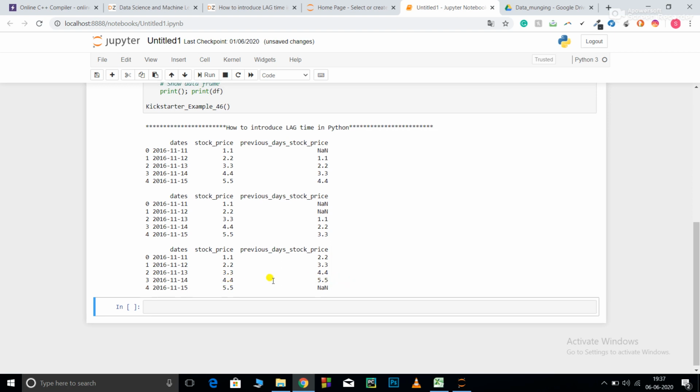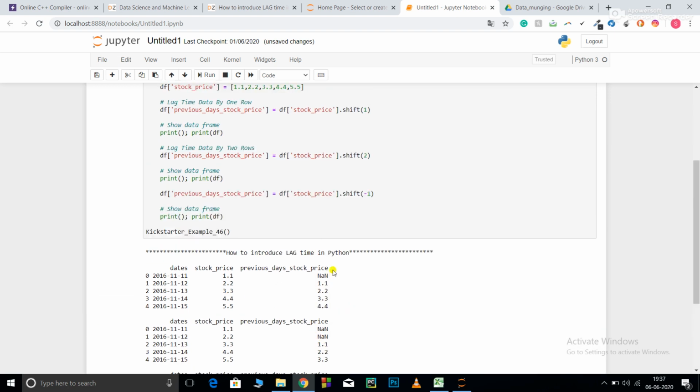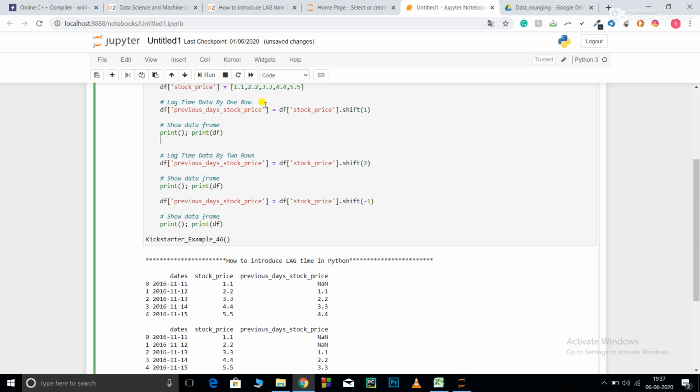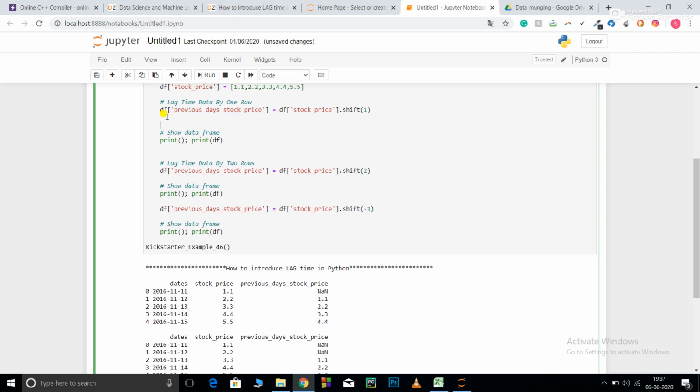Now if you want to specifically fill the NaN values, you can always use fillna. I'll fill these previous day stock prices with 1, with inplace equal to True.